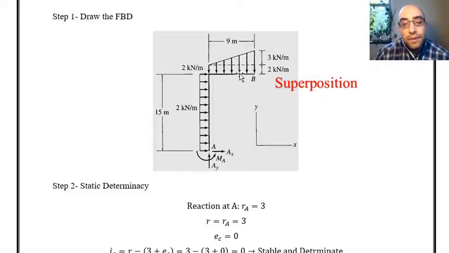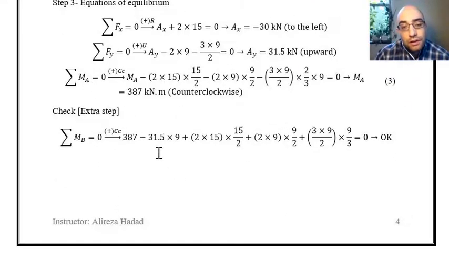That will be one moment because of this rectangular loading, one moment because of this triangular loading, one moment because of this uniform load over here, and of course the moment because of AX, AY, and MA. Those are all calculated and included over here,